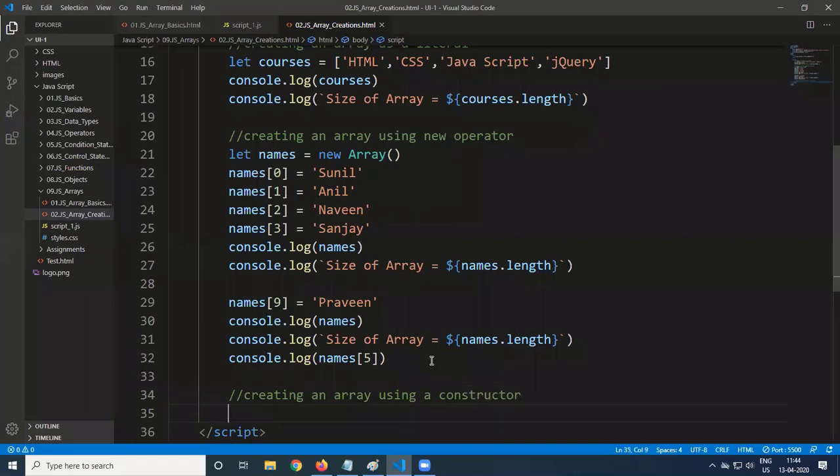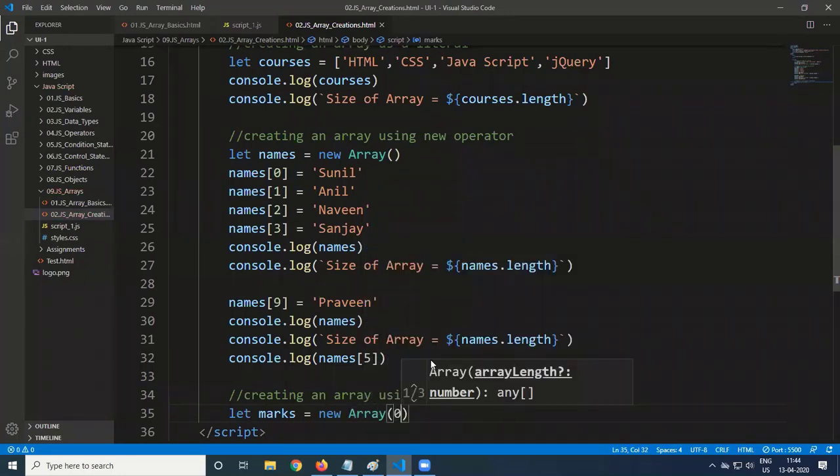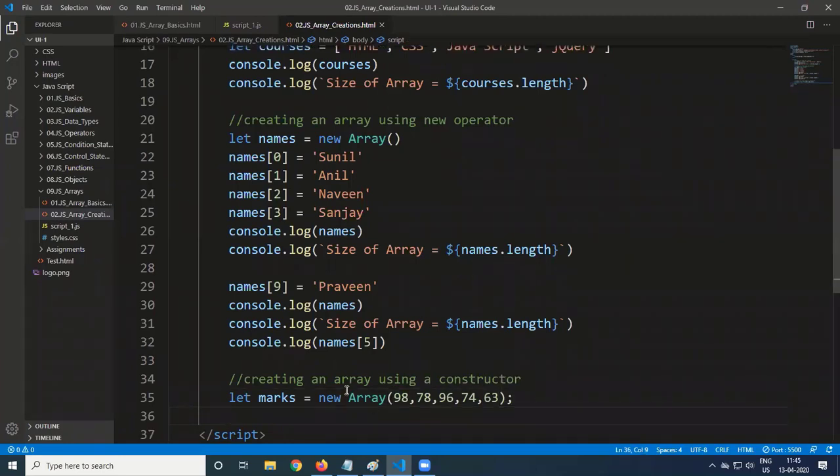We don't need to define anything separately. So let marks is equal to new Array, and in brackets we provide the values 98, 78, 96, 74, 63. This is how we create an array using a constructor with the values.